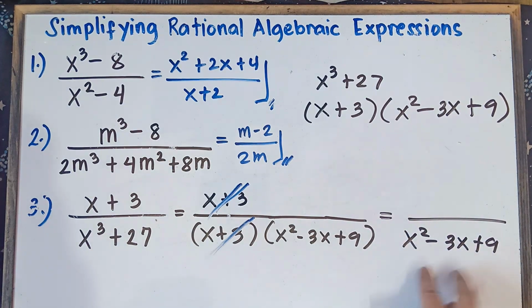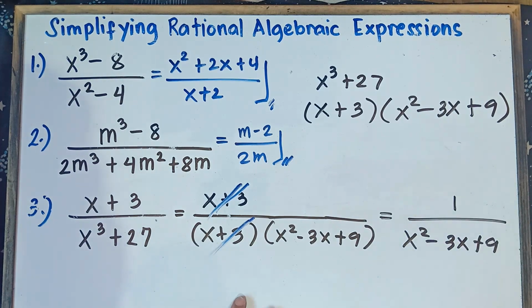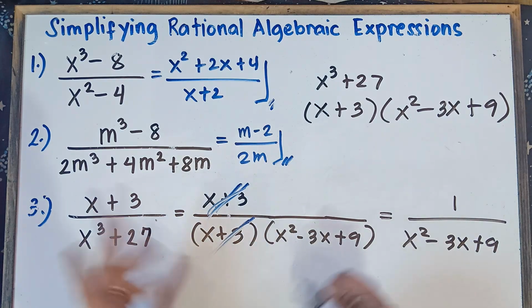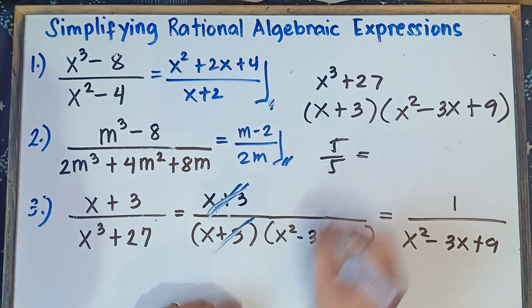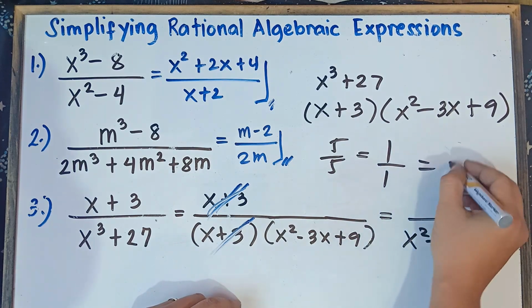You can never have that answer, class, because you don't have a fraction in which you don't have the numerator. It should be 1 here on the numerator. When you divide this one, the answer is 1, right? Any expression, any number divided by the same number, the answer is 1. Example, 5 divided by 5. What's the answer, class? That's correct, that would be equal to 1, right? 5 divided by 5 is just the same as 1 over 1. 1 divided by 1 would be equal to 1.